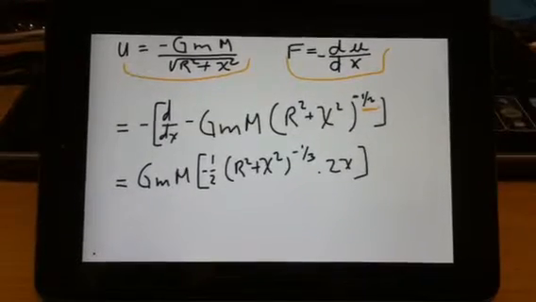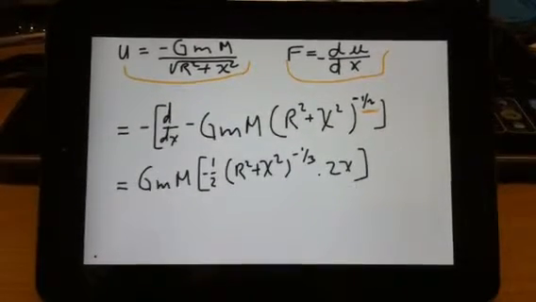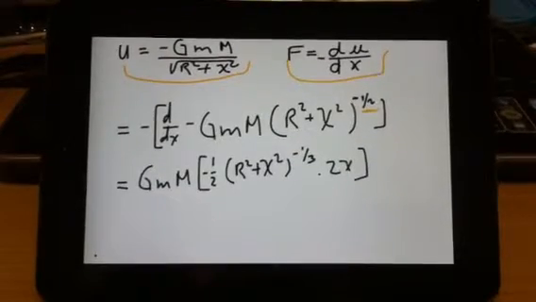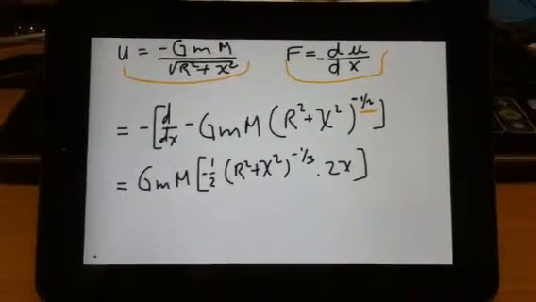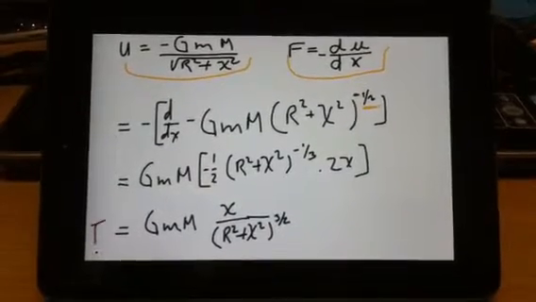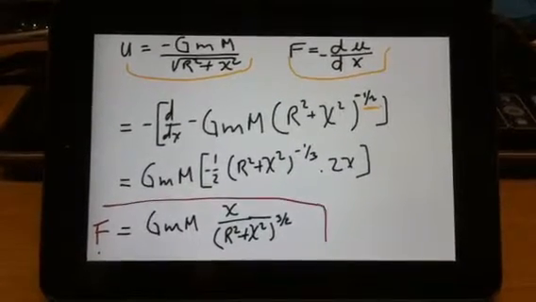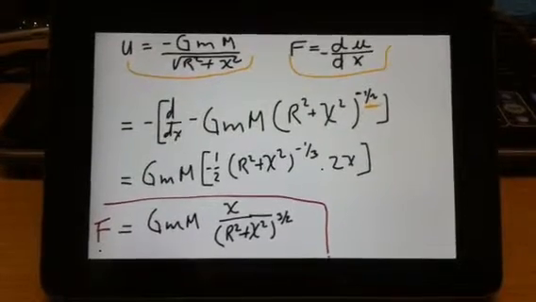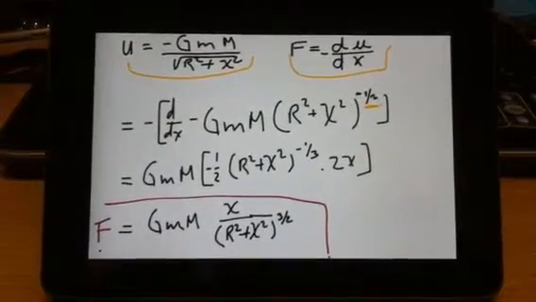Now I use the power and the chain rules to differentiate. Let's not forget that r squared is a constant. And we end up with the force that the ring generates over